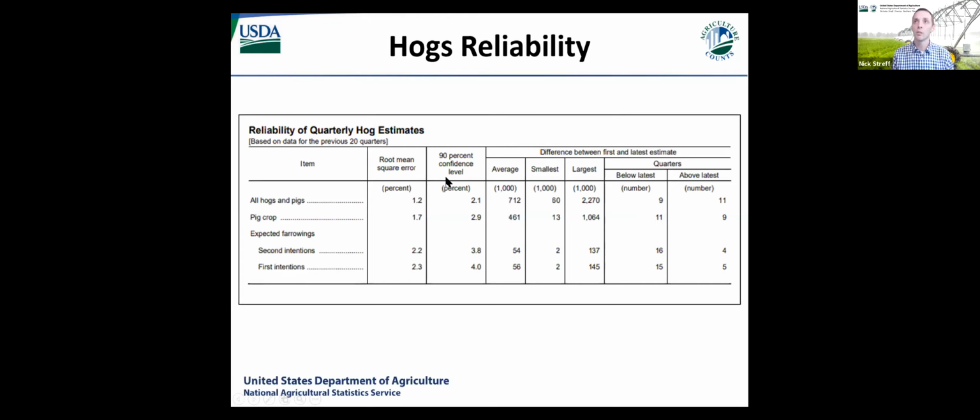And we also note, for those of you who really want to get into the statistics of it all, we have a 90% confidence interval that our December number is going to be plus or minus 2% from that 78 million that we roughly published. So for the folks who really want to dig into that.